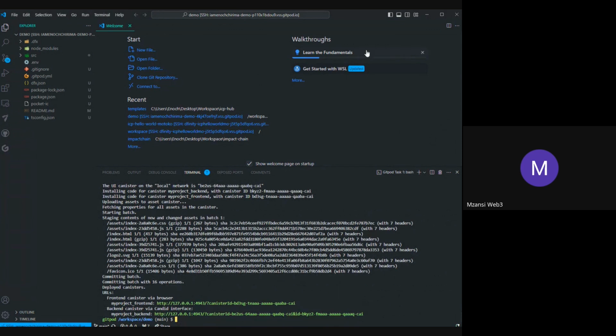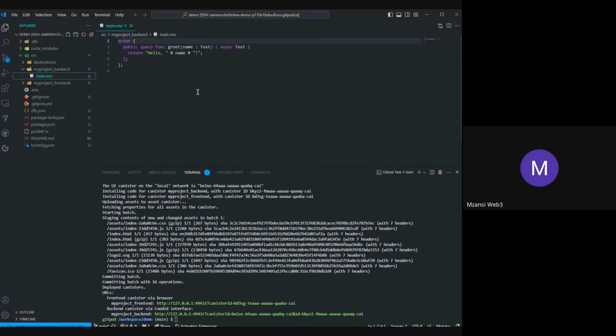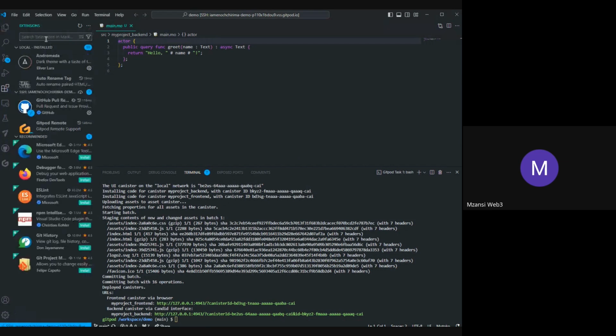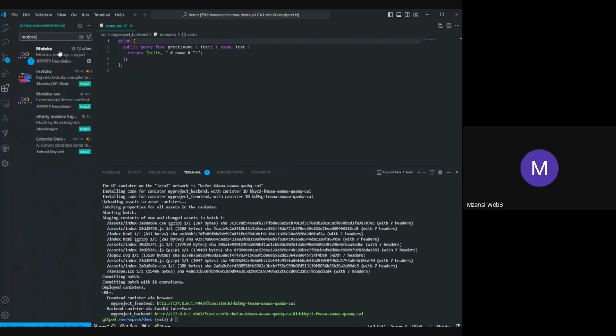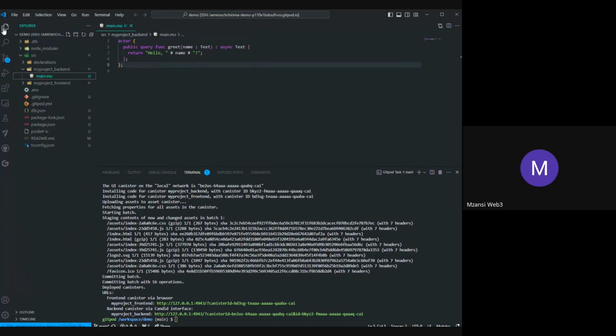And when you want to code your backend, if this is just text and it's not showing any color highlights, you need to install the Motoko extension, right? Then after that you are good. You can now start doing your thing, deploying, testing